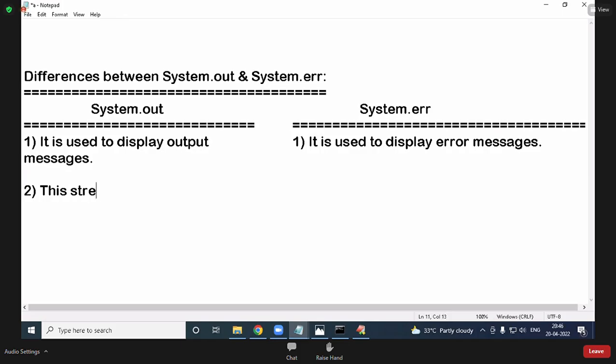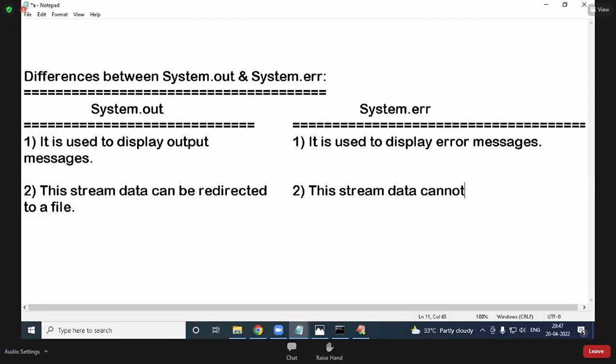This stream data can be redirected to a file. This stream data cannot be redirected. System.out, System.err. System.out stream data can be redirected to a file, and System.err stream data cannot be redirected.